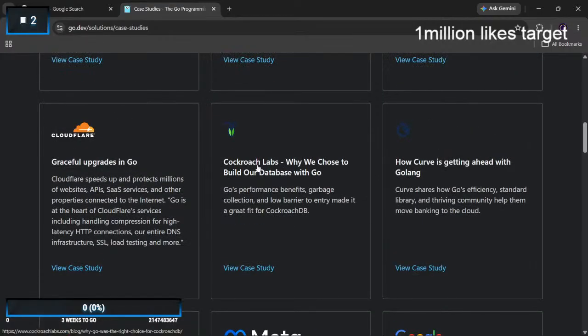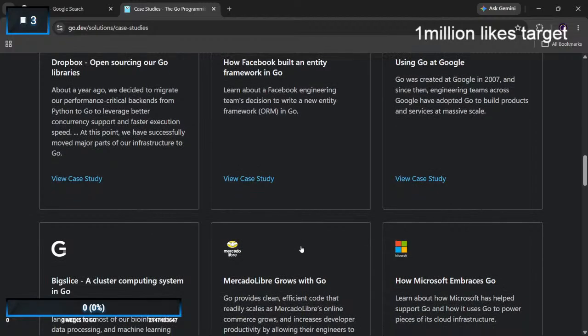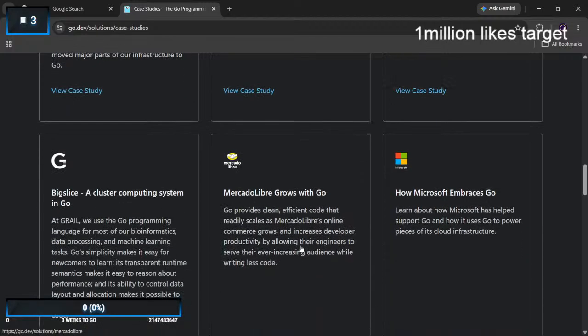Concrete Labs, why we chose to build our database. Oh, really nice. Even Meta is using Go. Reasons to choose Go in 2026 are these reasons. Big Slice, a cluster computing system in Go.